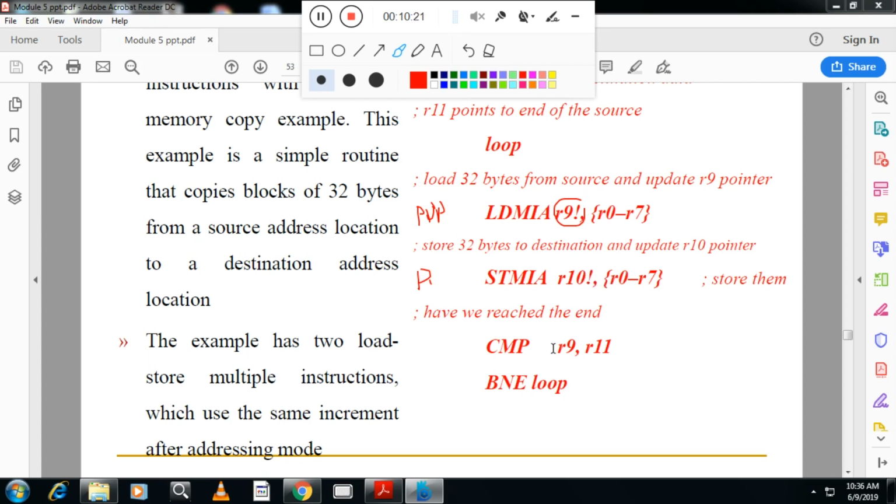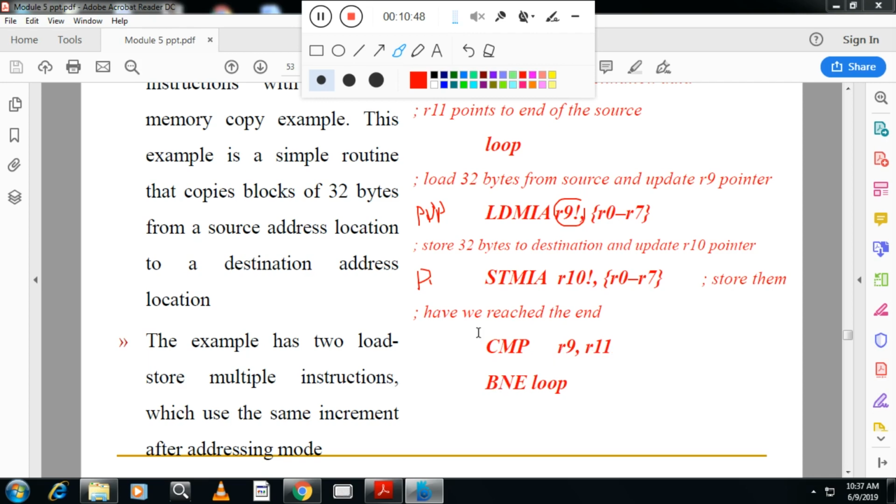Compare now. After storing, compare whether R9 is equivalent to R11. If both are equal, R9 and R11, then it means we reached the end.